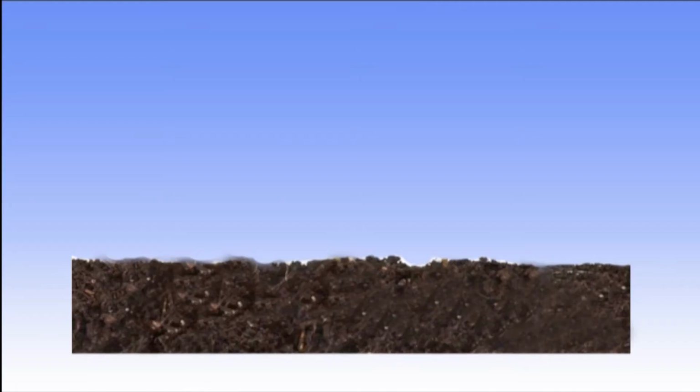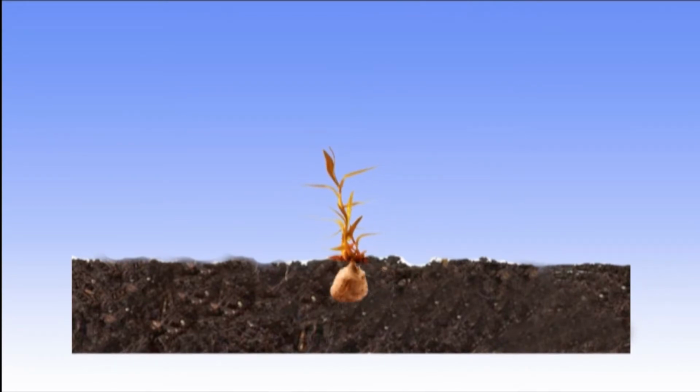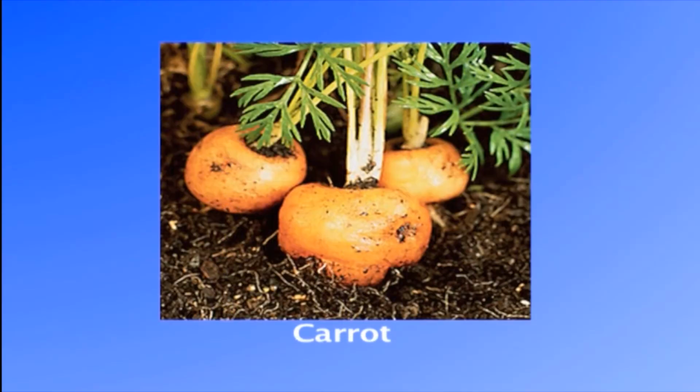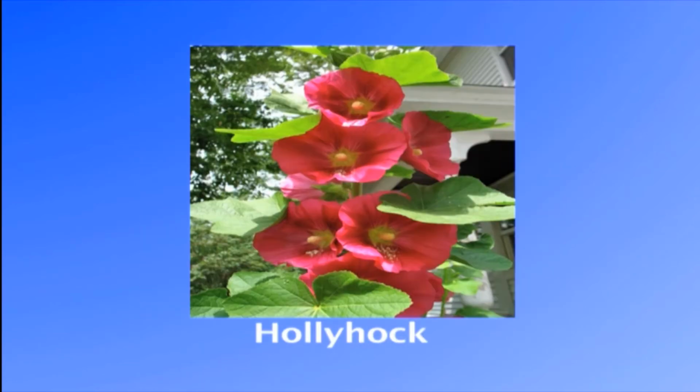The plant's energy is stored in the overwintering storage root or bulb until spring, when leaves begin to grow again. In next spring or summer, the plant produces flowers and then develops seeds. Once the seeds are ripe, the whole plant dies, leaving the seeds to carry on the next generation. The common biennials are carrot, onion, beet, hollyhock, etc.